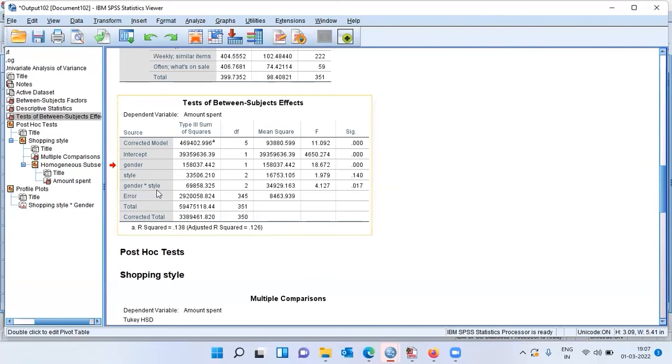variables, namely gender and style. And when you look at the interaction effect and the significance level corresponding to the interaction effect, the value is 0.017, which is again less than 0.05. 0.017 is less than 0.05. Since the significance level is less than 0.05, we reject our null hypothesis and conclude that there is a strong interaction